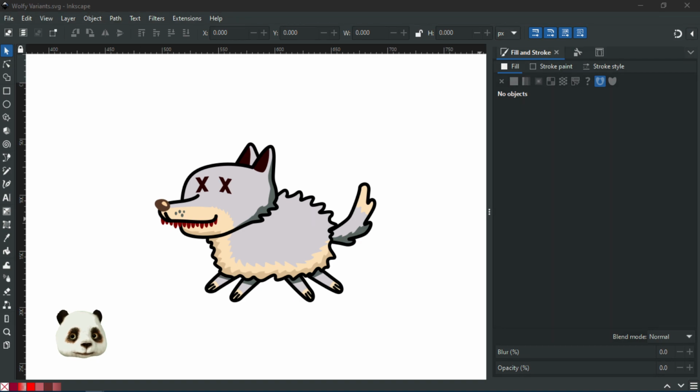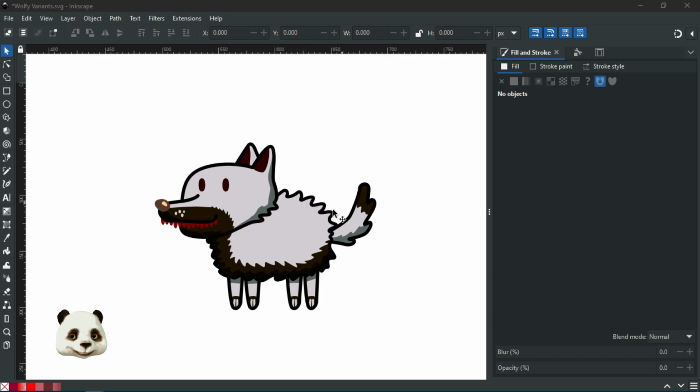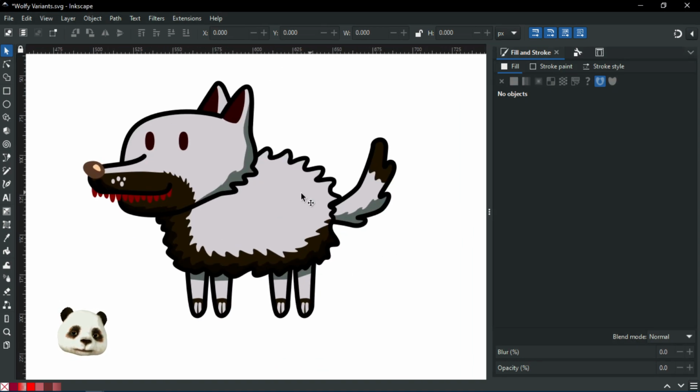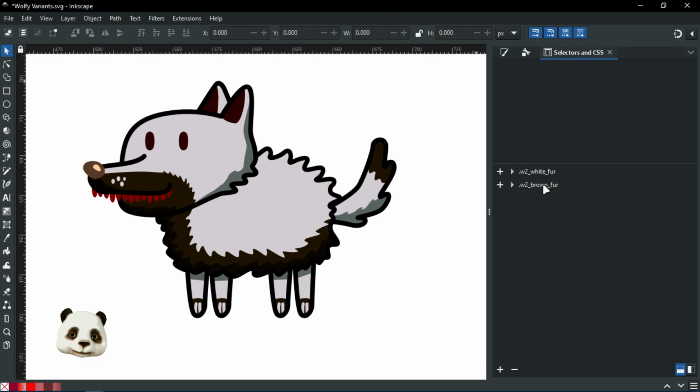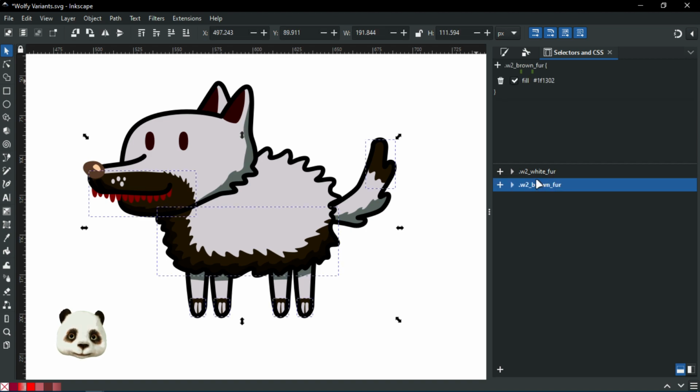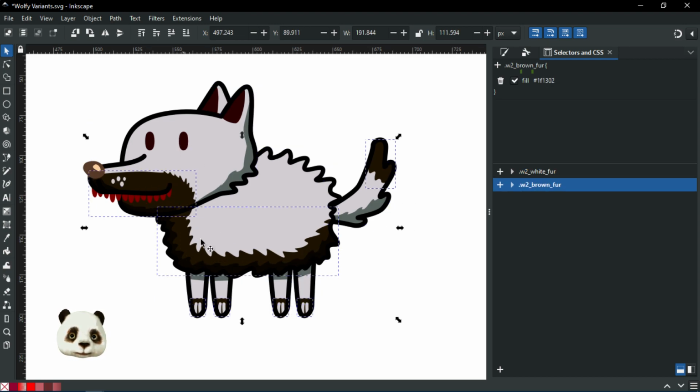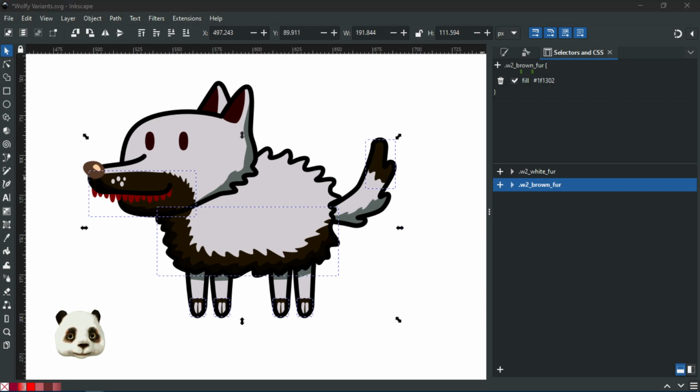So, I have created, well, this one is unfinished. So this is the version that I want to end up with, right? So if I look at the style, I see that I have 2 colors associated. I have the white fur for these elements, and then I have the brown fur for these 3 elements. Now, if I want to apply the same thing to my other Wolfie,